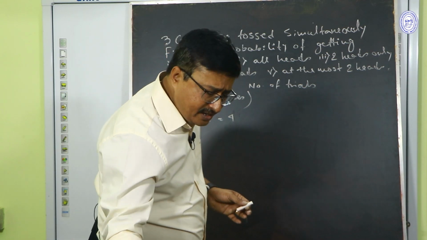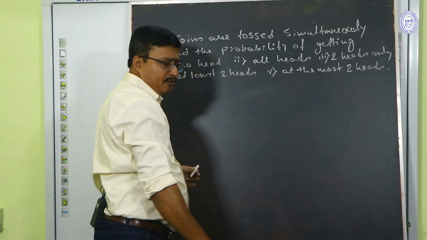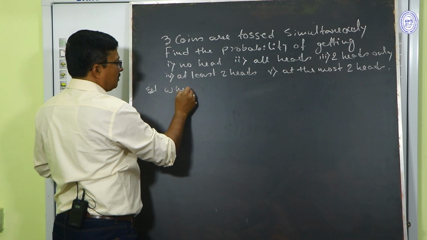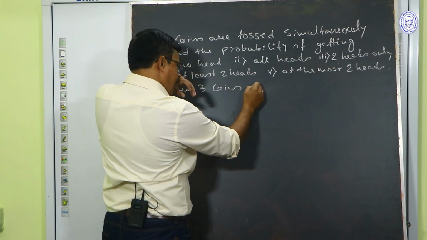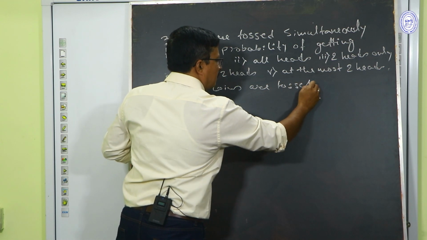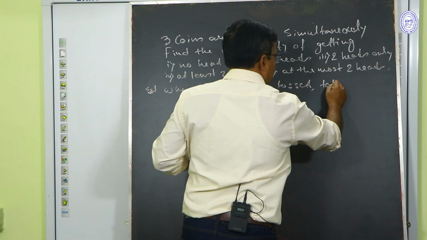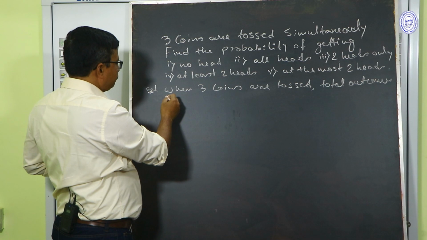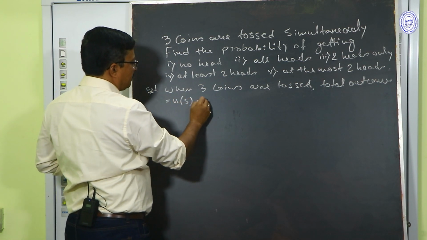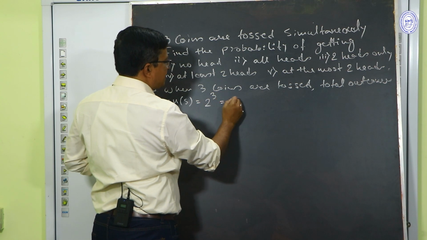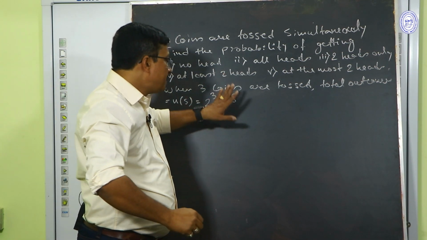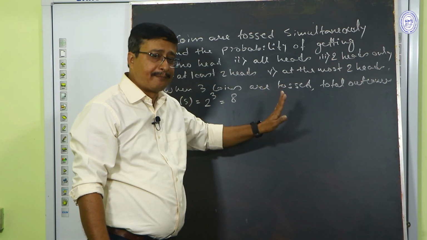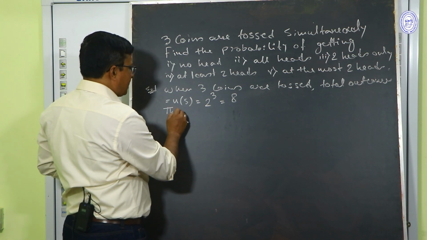Here we will write the total outcomes formula like this: when 3 coins are tossed, total outcomes, that is equal to n(S), that is equal to 2 cube, that is equal to 8. Now you must show the 8 types of total outcomes, which are called sample spaces. The sample spaces are: